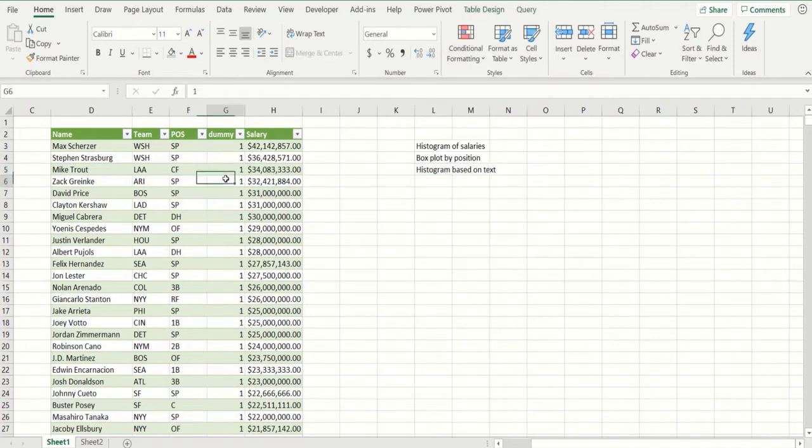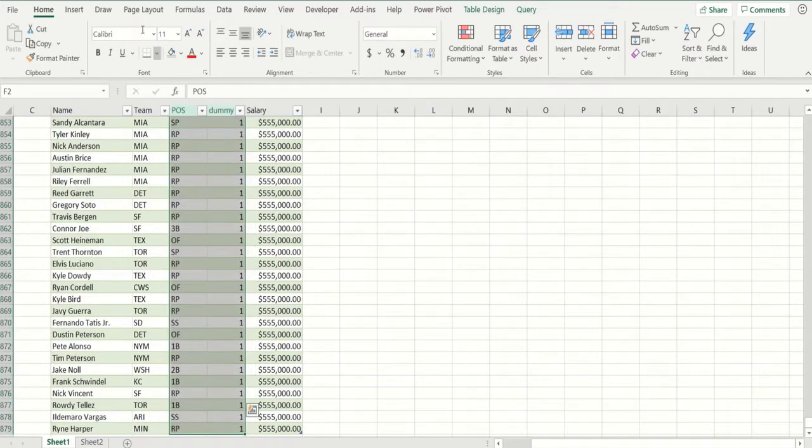pitchers. You can do this with a pivot table really easily. But if you want to use the histogram tool, how do you do that? Well, what you do is you put in a column of ones and use the category option on the axis. So let's start with that. If I select these two columns and I do insert histogram,